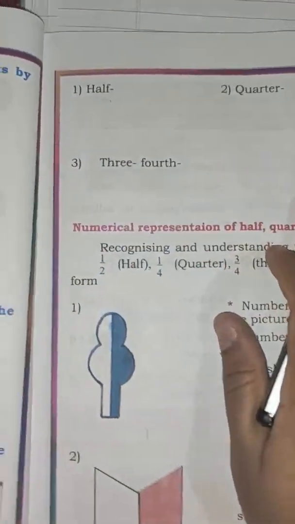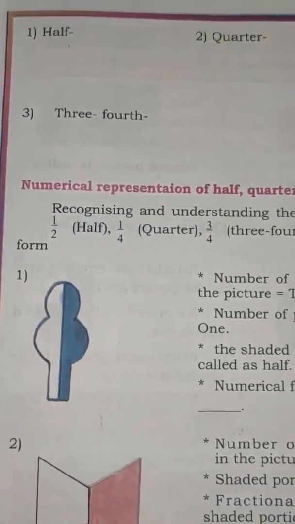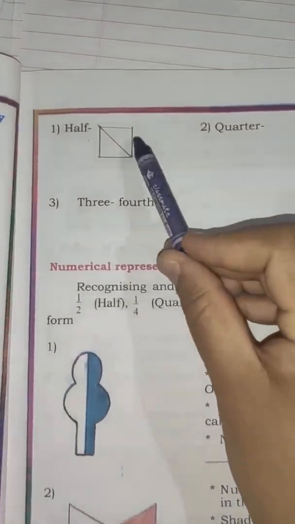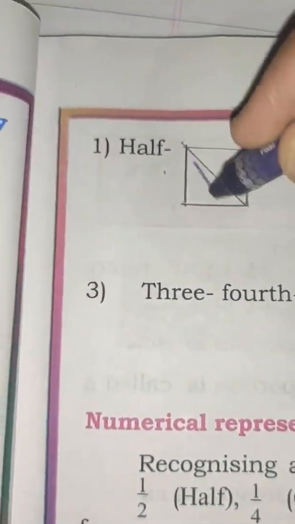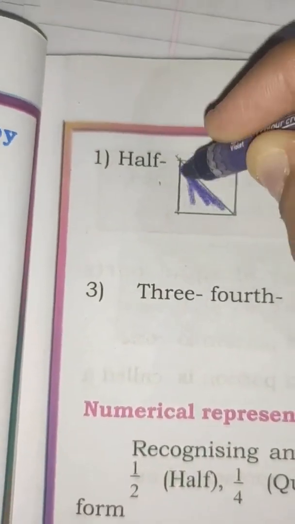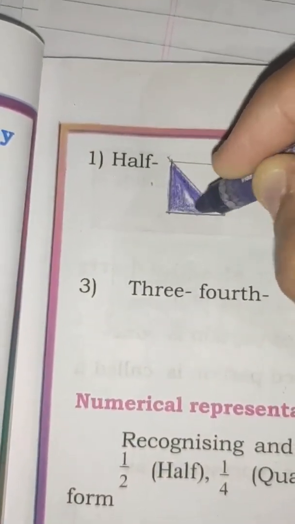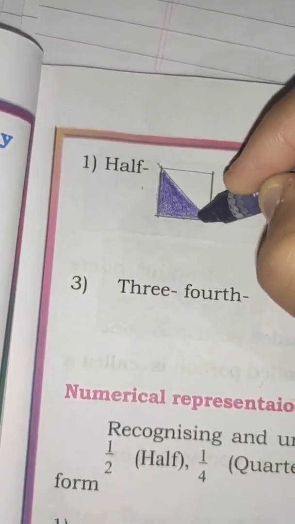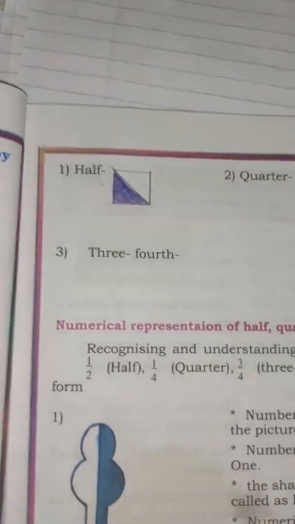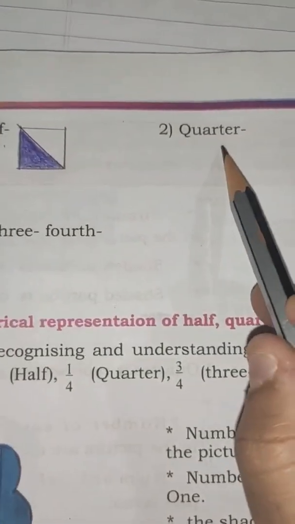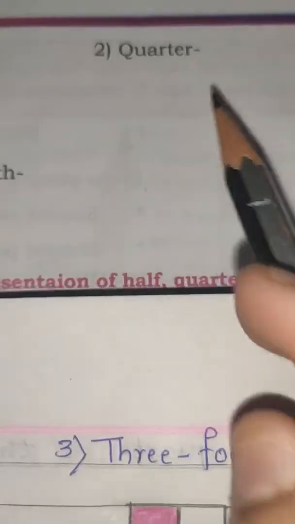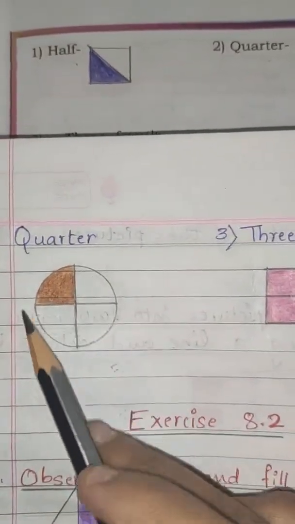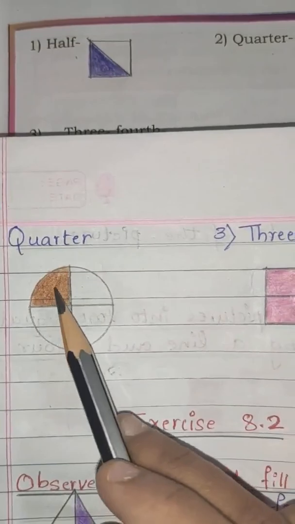Half means whichever picture you want to draw, you can draw for the half. Okay. So you can see that I have drawn the picture like this, and I am going to color it half. Okay. So it will become half. Yes. So whichever picture you want to draw, you can draw. Okay, so next one is a quarter. So children, here you can see this is a quarter which I have done. Yes, so there are 4 equal parts, 1, 2, 3, 4, and I have colored 1.